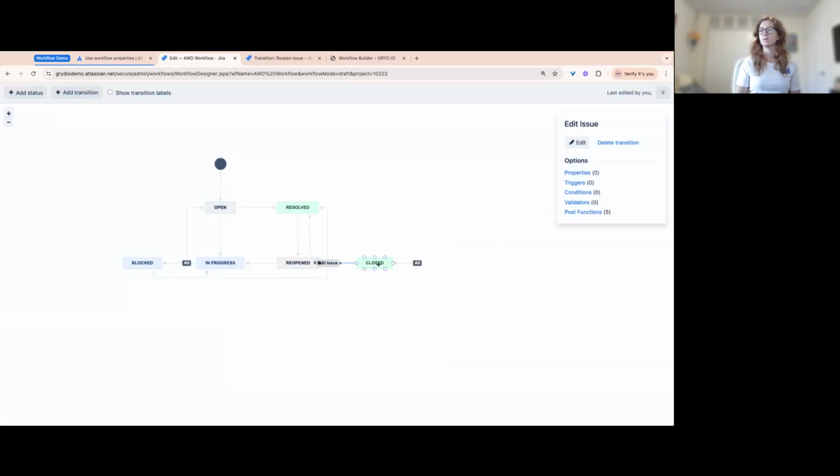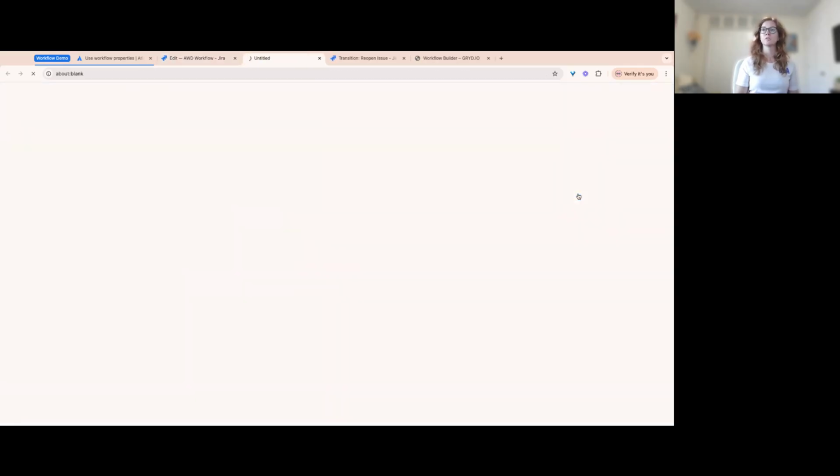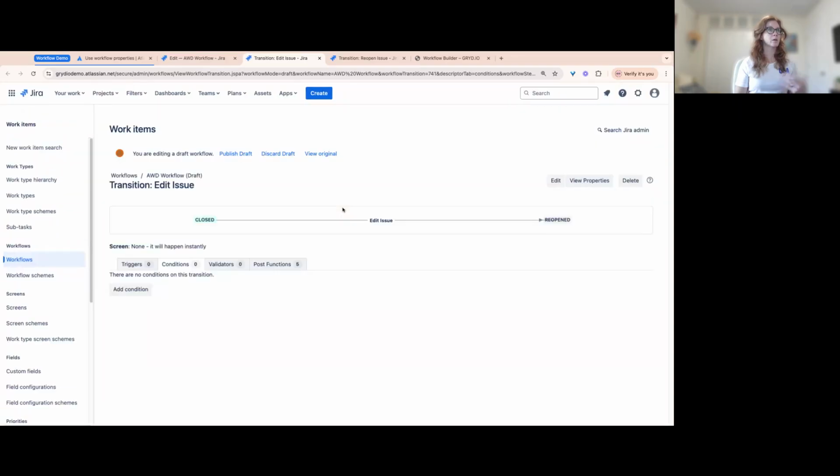Okay. I need to clear that specific one. Okay, so edit issue. And we're going to add the condition to transition from that closed state